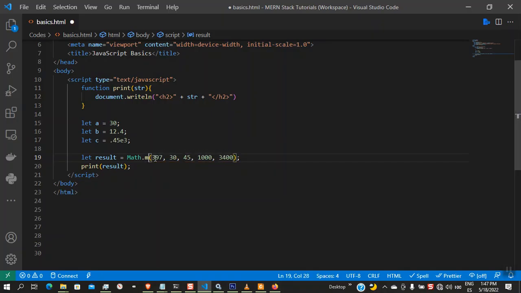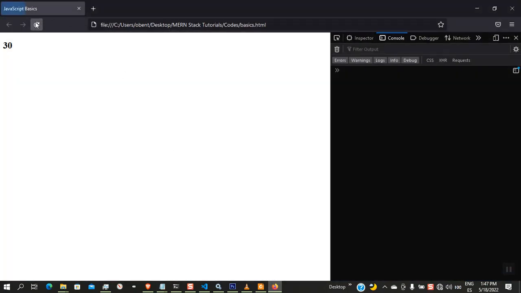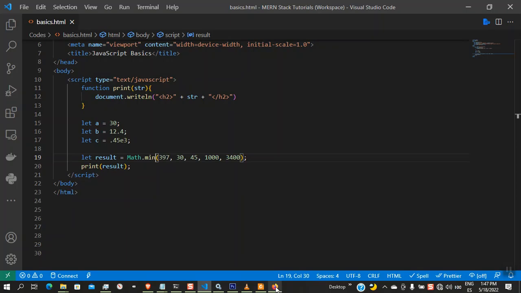While math.min returns the minimum of a couple of numbers. In this case it is 30. You will use this a lot of times, so I just want you to take note of most of this. So we have math.min. Next we are going to see